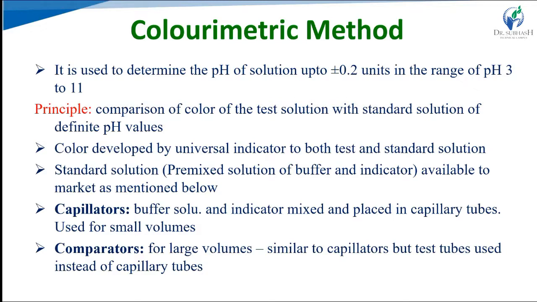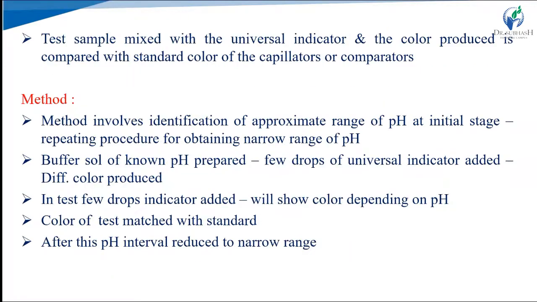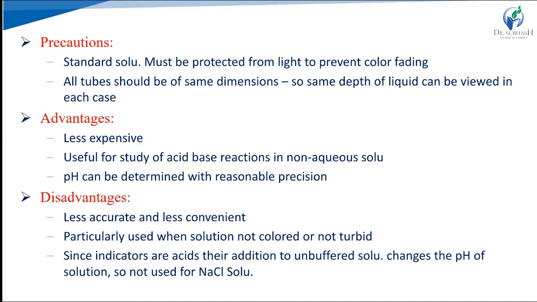So in colorimetric methods, to measure the color, we have to add chemicals to the sample. These chemicals produce a color change, and that color indicates the pH of the sample. The color can be measured visually or electronically. We find out the pH by the colorimetric method. Here are the methods that are involved in the colorimetric method.